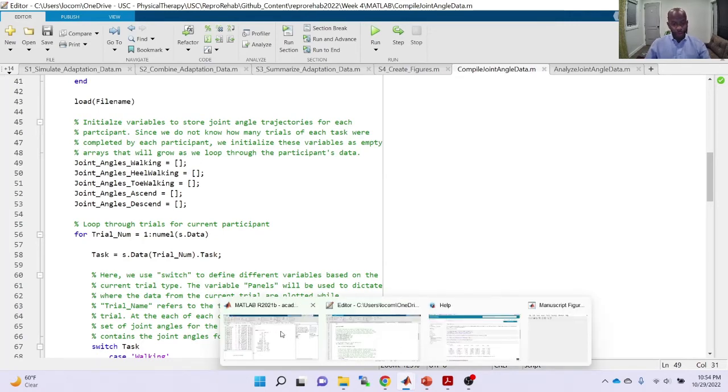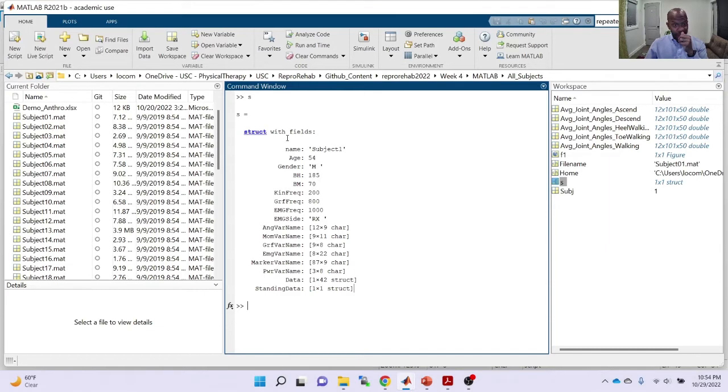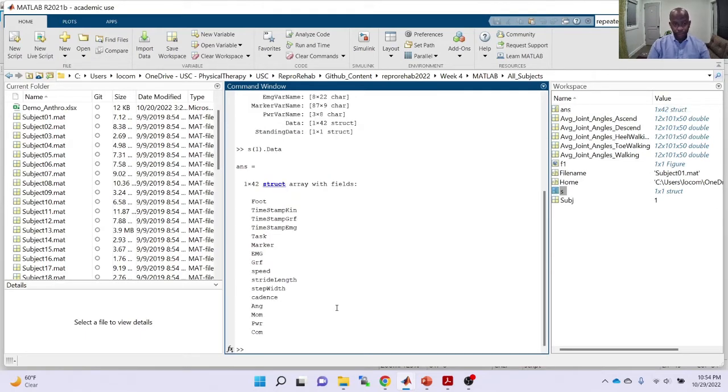So let's think about that a little bit more deeply. If I take my first participant here, and I do s.data, here again, remember we have a 1-by-42 structure, that's the data field, and that corresponds to the 42 trials that this participant completed. So if I look at the first trial,